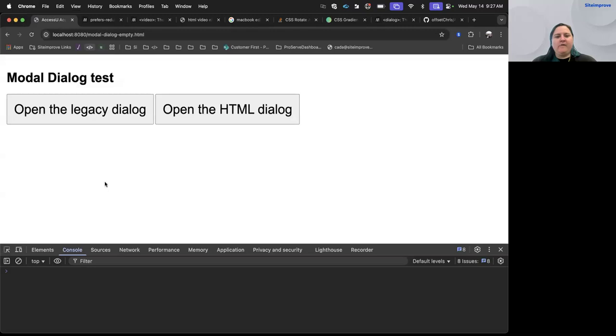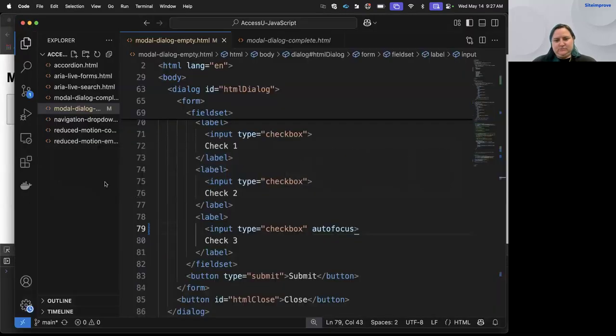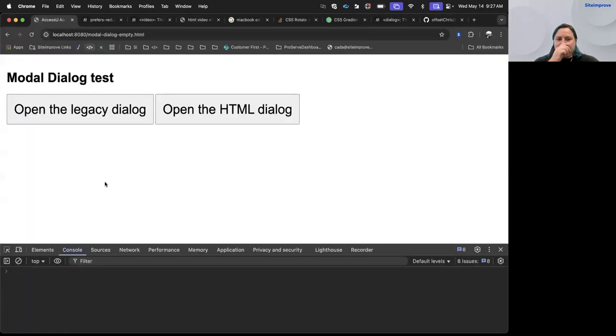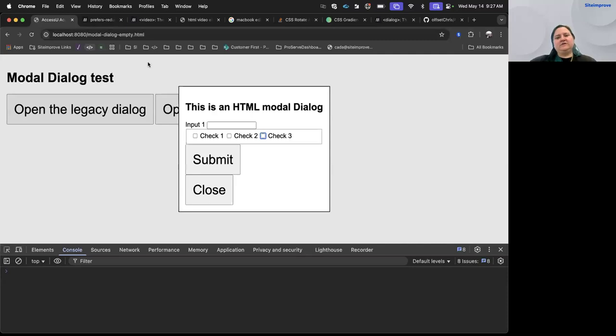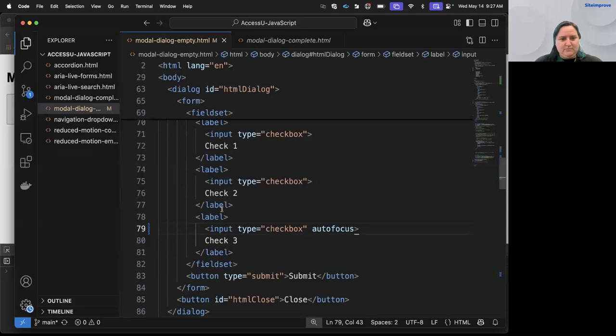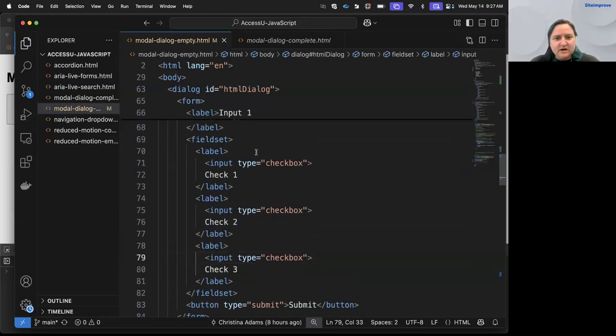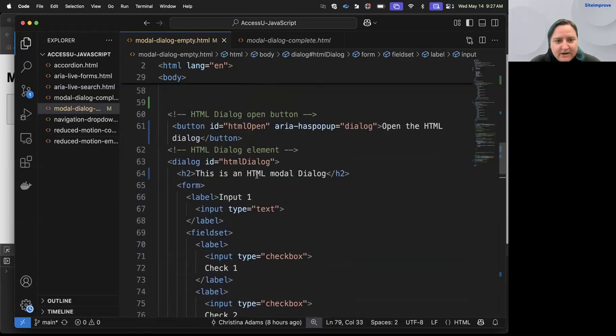Cool, let's try. I put it on a random checkbox, so let's see what happens. All right, I'm going to launch it again. It autofocused to checkbox number 3. Pretty cool, right? So let's try the tab index -1 on the full modal window. So I'm going to take that autofocus off of that checkbox. I'm going to move back up,